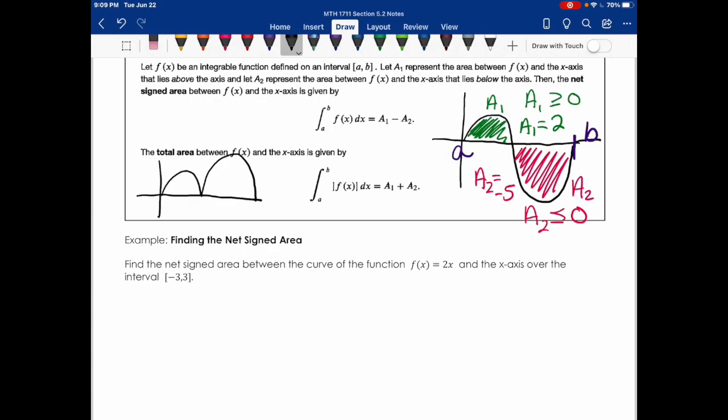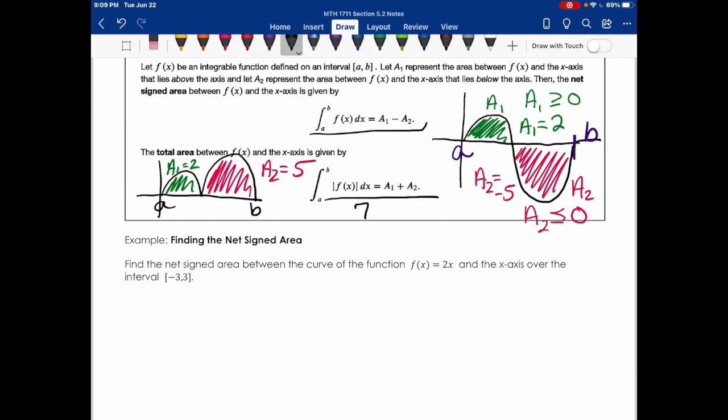Because that area 2 gets flipped up and becomes positive. So this pink area is now above the x-axis and it's positive 5. This green area, which was A1, which was positive 2, now the total area will give me 7 because I'm taking the absolute value of that area. So this integral would be 7, where I'm doing the absolute value from A to B,